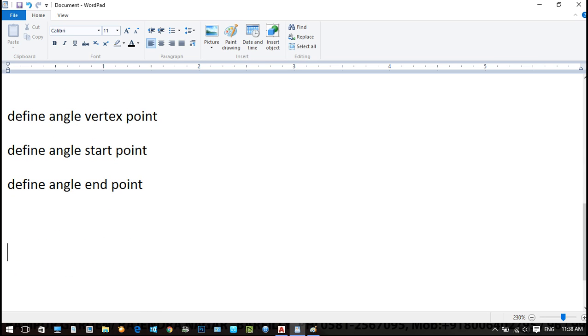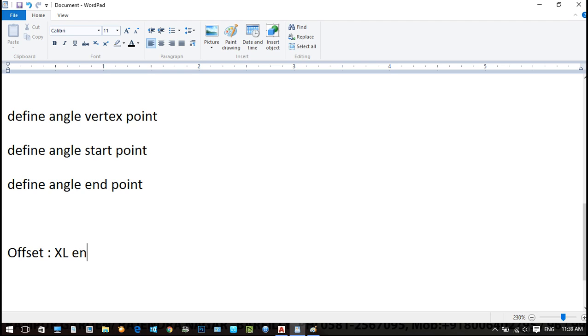Now next condition is offset. Right? So go to sketch, sketch in the sketch tab, right? So offset.